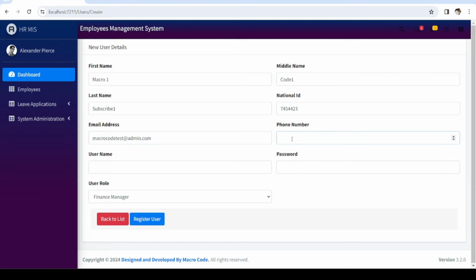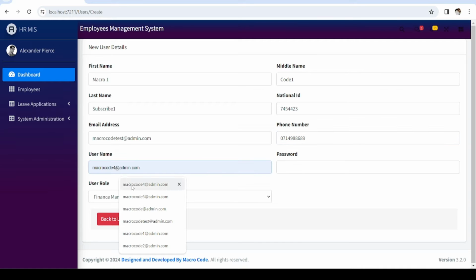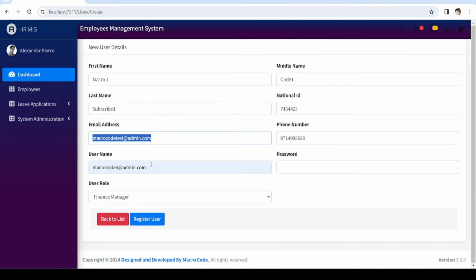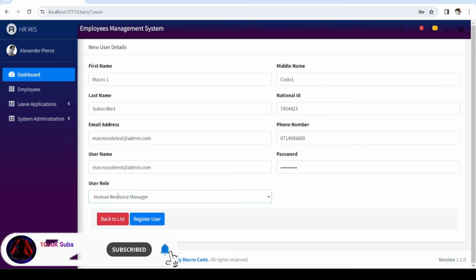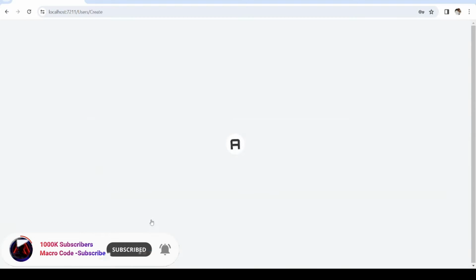Then phone number, I'll just put in a phone number. Then here username, I'll also use this as my username. Then password, I'll also put in a password. Then I'll choose the role. So we are now able to assign a user to a role. If I click register,